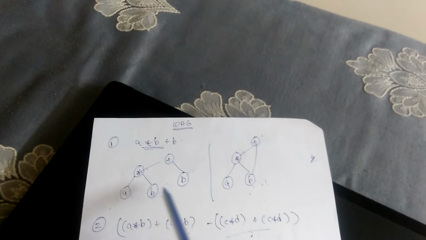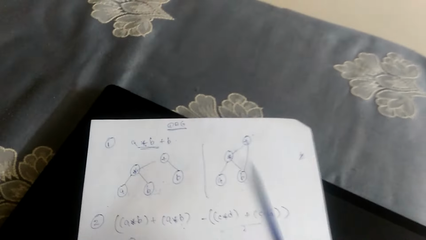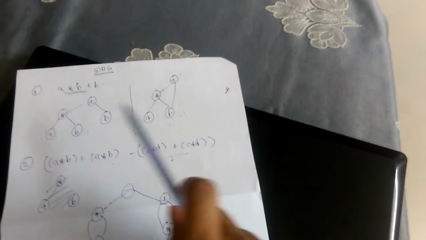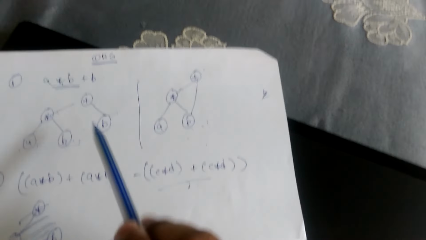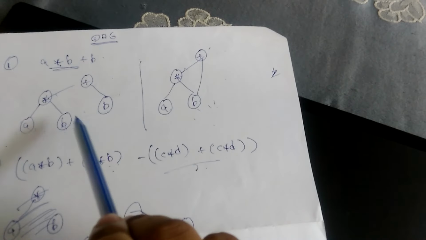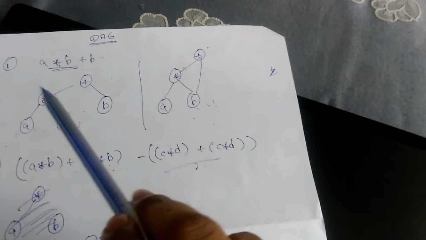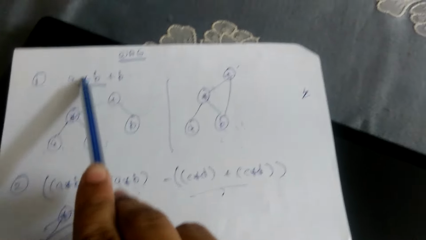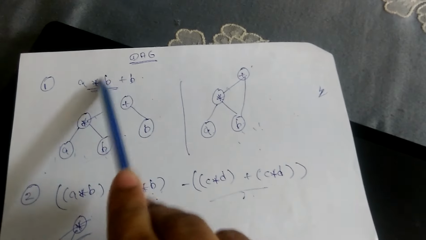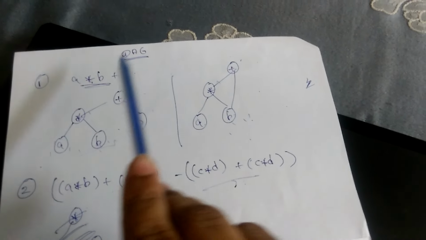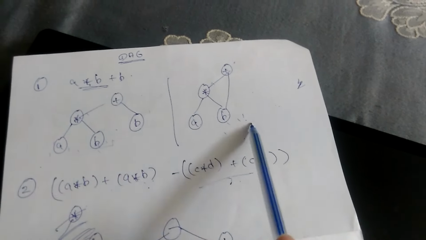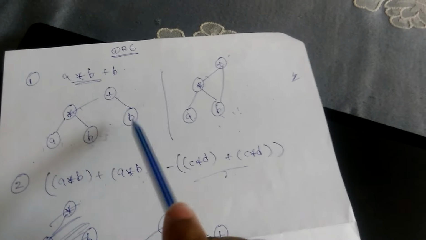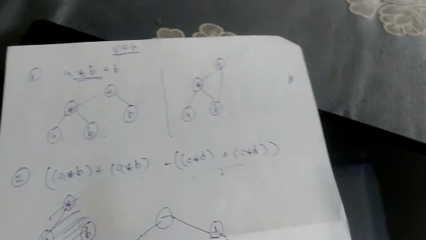Now we are asked to construct the DAG. So the basic rule of a DAG is that if we have a number of repeated operands, we have to optimize it. Meaning if we have the normal tree, the DAG will be lesser in size as compared to the previous one. In the given example, a into b plus b, we see that b is repeating twice. So we have to optimize b such that b occurs only once in the tree, not twice. In the previous tree, b occurs two times, but in our DAG it will occur only once.